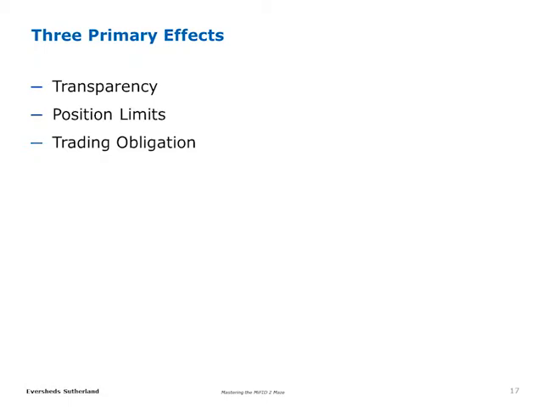So what we've done is we've identified the three general buckets in which MiFID II will apply to a U.S. person. And the three buckets are transparency, position limits, and the trading obligation. And before I jump into the detail on each of those, I do want to flag that on the invites for this presentation, our colleague Alex Holton was supposed to be